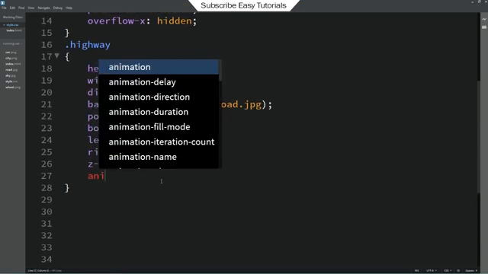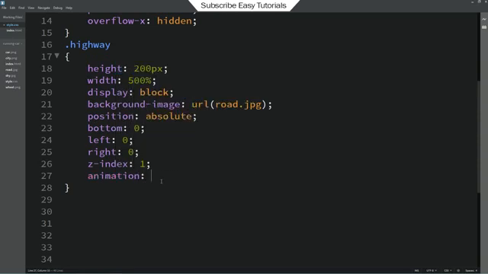Now we will add animation in this image, so I am writing animation highway 5 second linear infinite. Just copy this highway, and for this one we will write keyframes.